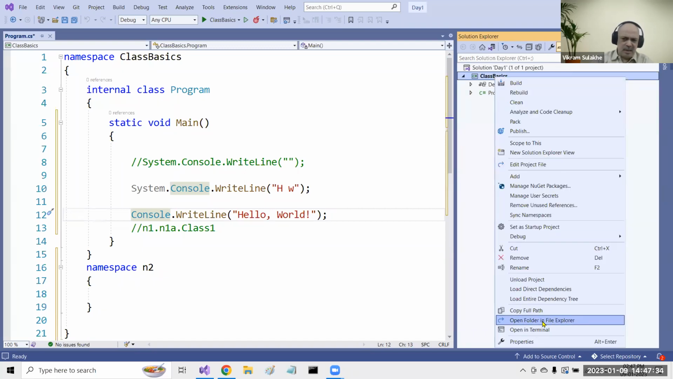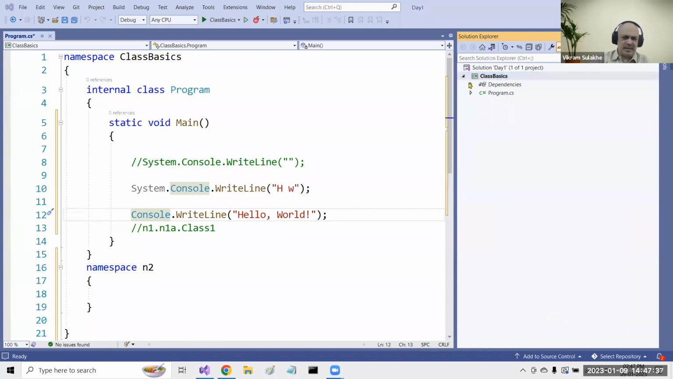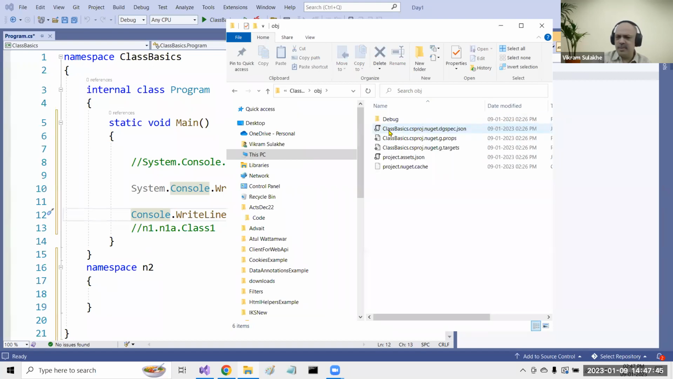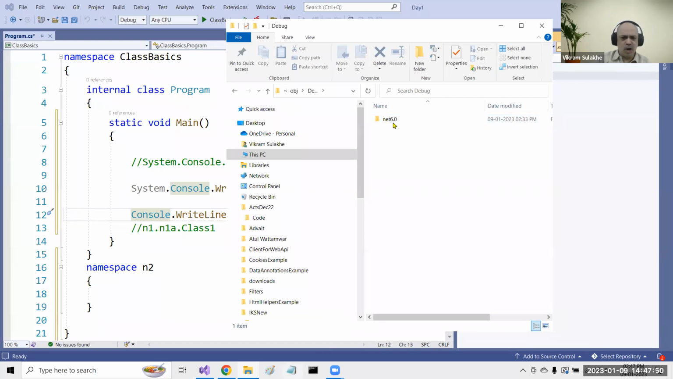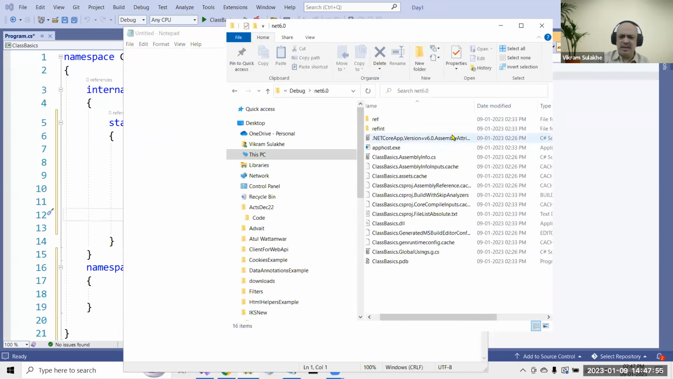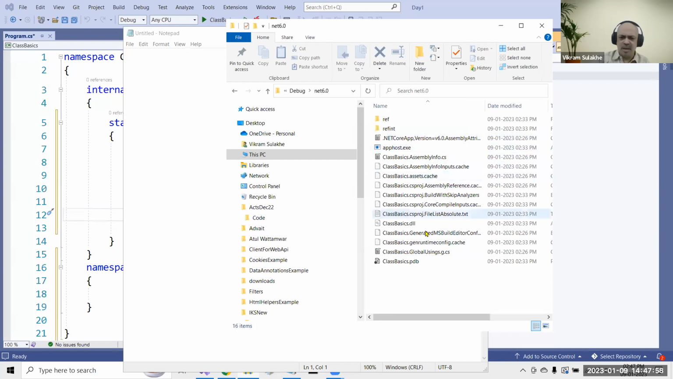If I show you what's happening here in the ClassBasics folder, there's a bin folder and the obj folder. If I open the obj folder, under obj again, there's a Debug folder. Under that, there's .NET 6. And in this folder, there is one file that is created. The name of the file is the project name .GlobalUsings.g.cs, so in our case ClassBasics.GlobalUsings.g.cs. And if I open this file for you,